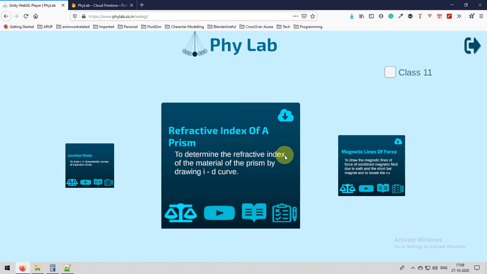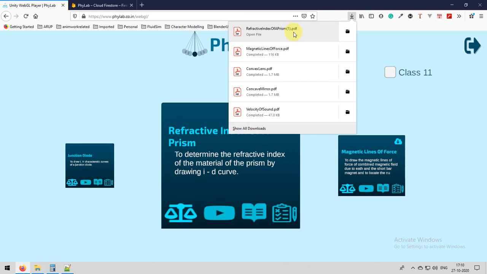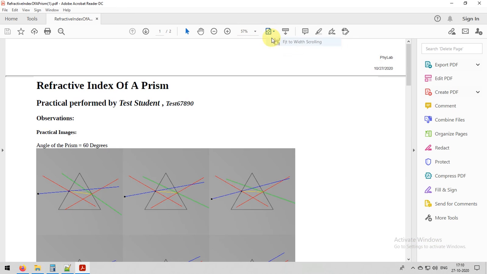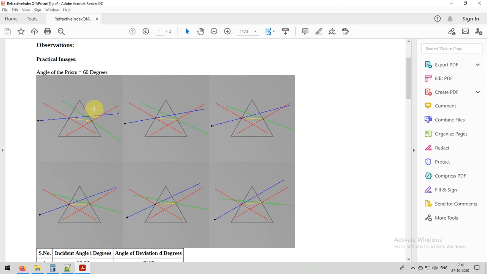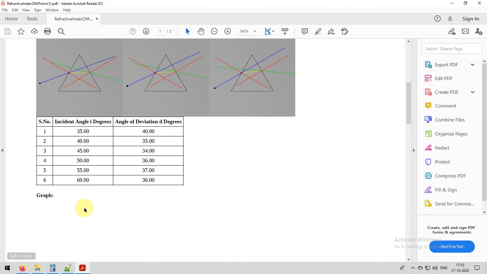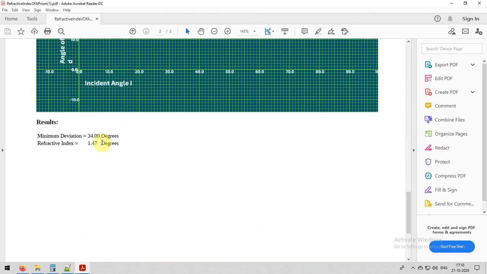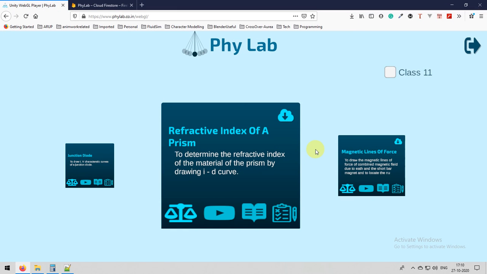Remember, if your values are not true, then you will not get this PDF report, and you need to re-perform the experiment. You can see all your images and all your graphs in the PDF report. So this is how you can perform the experiment.